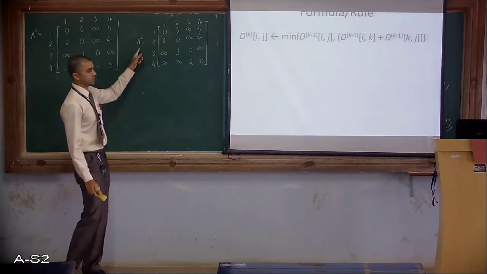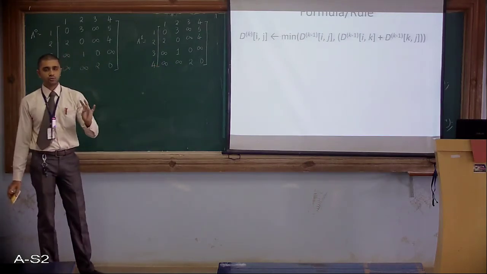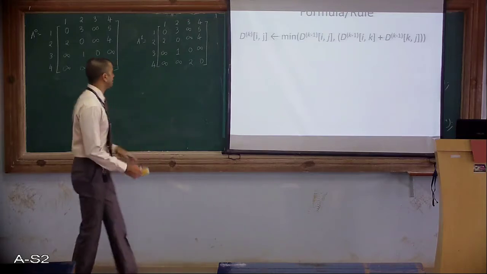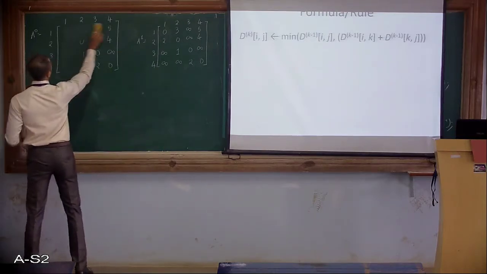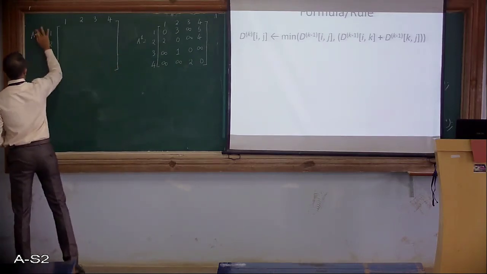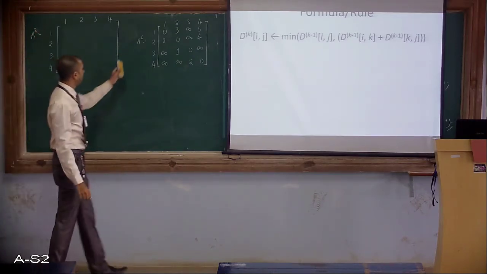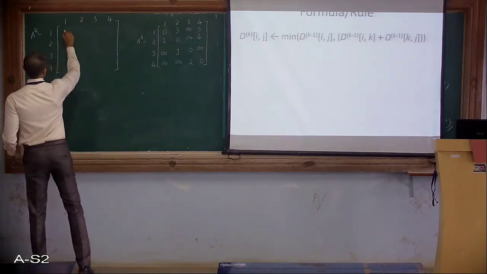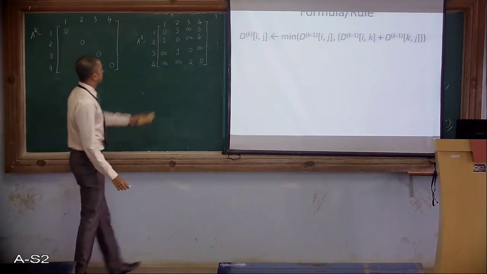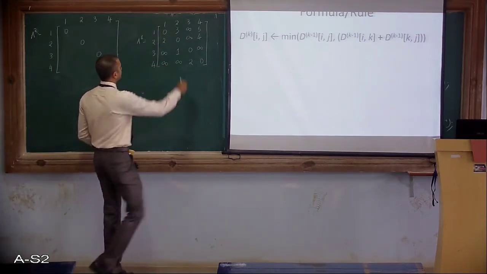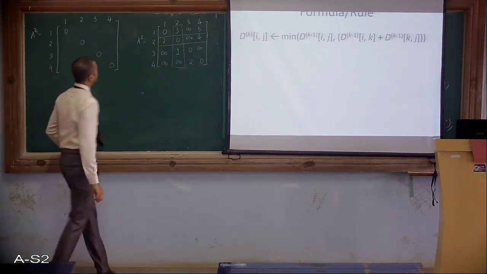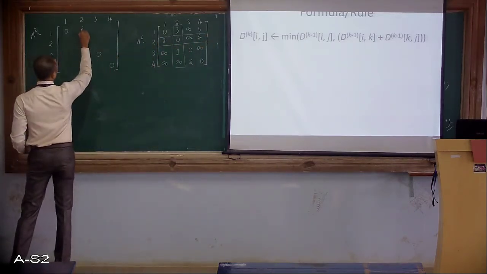Using A1, I'm going to go to A2, A3 and A4. Since I have 4 vertices, 4 matrices will be derived. I'll derive the matrix A2 using A1. Keep the diagonals the same as 0, since there are no self loops. Next, the second vertex is going to be the intermediate, so freeze the second row and second column. Write those elements as they are. Don't change them.